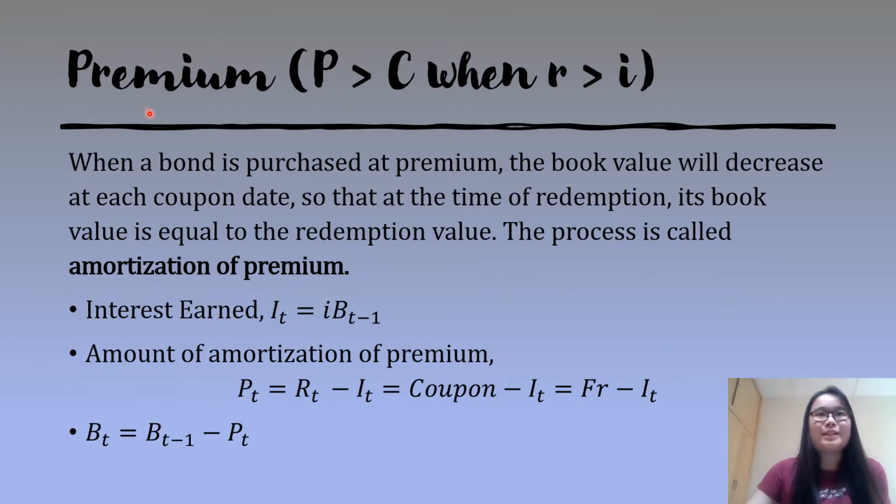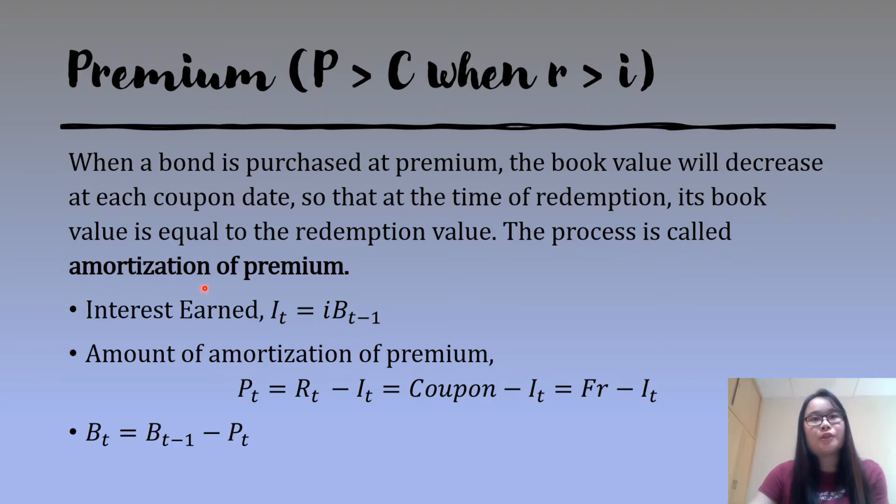So first, we discuss the premium bond, where P is larger than C when the coupon rate is larger than the yield rate. So when a bond is purchased at a premium, the book value will decrease at each coupon date, so that at the time of redemption, its book value is equal to the redemption value,